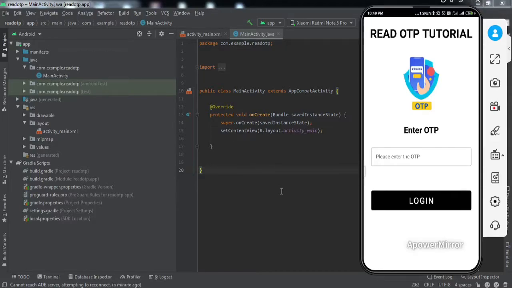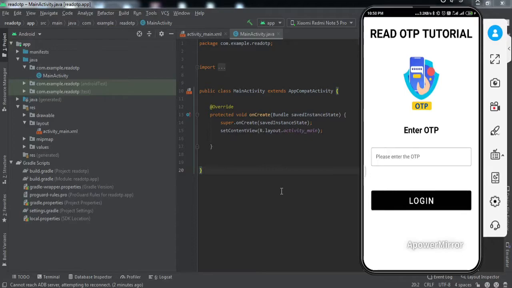So in this video we're gonna learn how to read an OTP from a text message that is being sent for your application, right? As you know, in the latest version of Android, Google considers reading a text message of a user a great threat to privacy. So in return it has given us a user consent API. So we'll be using the same for reading the OTP from a text message, right?